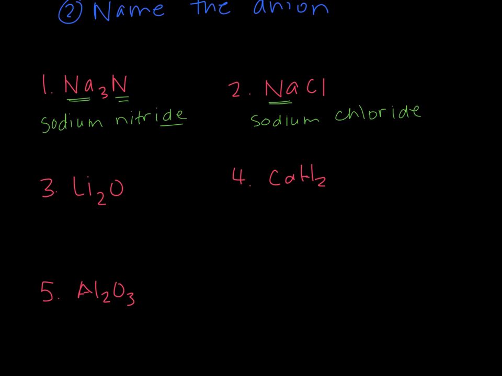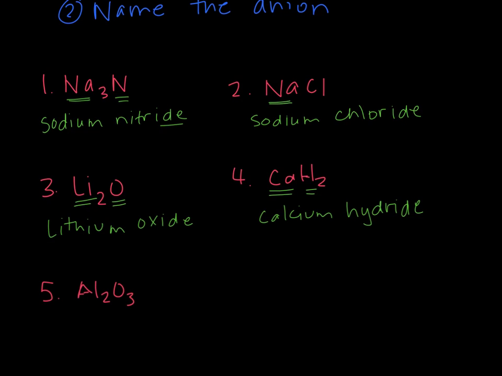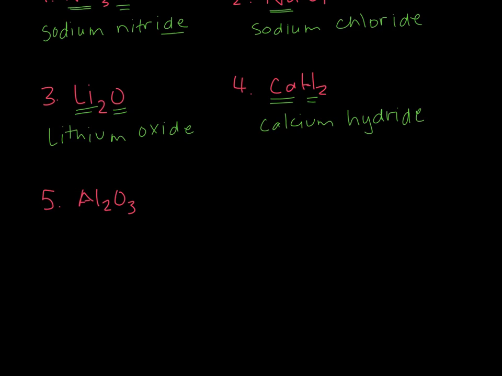All right. And so this one, the first one, the cation, is lithium. And then the second one is oxide. And then here for this one, that's going to be calcium. And since this comes second, that means that it's the negative version of hydrogen, and so it's hydride. All right, and then the very last one is aluminum